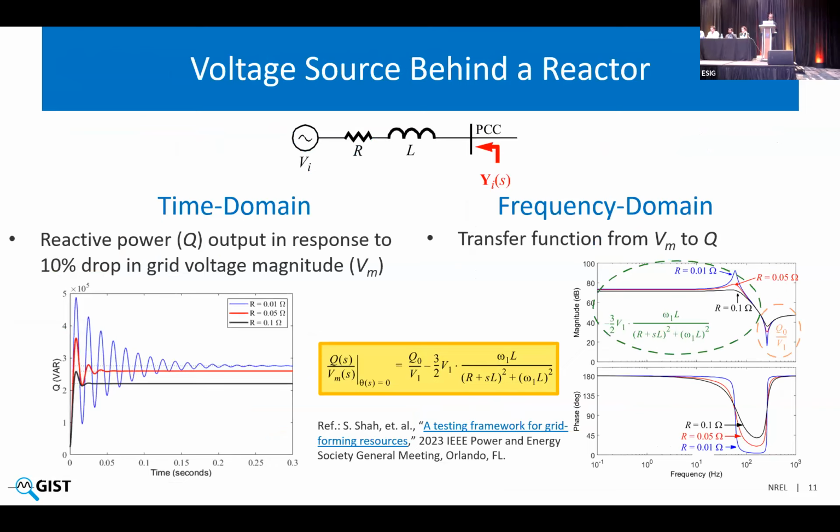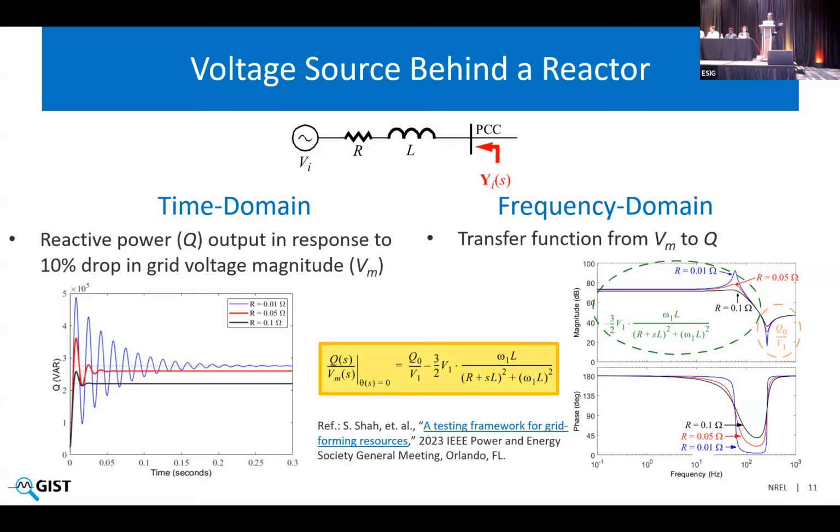So now how do we quantify this voltage source behavior to define specifications around it, so that grid forming IBRs can provide the grid strength that we are looking for other IBRs, conventional legacy IBRs, in its proximity? There are two ways to do that. One is time domain testing, where we expose the IBR to different disturbances like a phase jump, voltage jump, or frequency jump, and see how it reacts in the active and reactive power output.